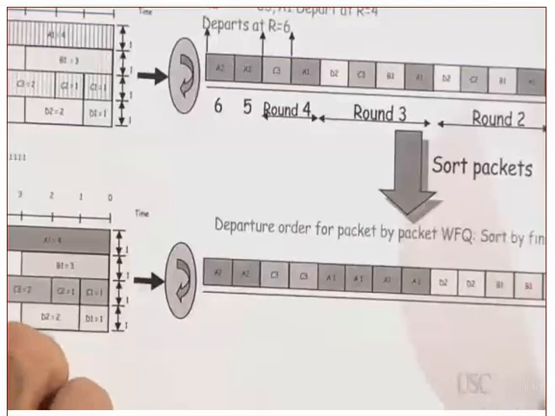The first one is buffer partitioning. What do I have? A physical buffer, but I'm going to partition it into n pieces, each for one flow. So they are sharing the same physical buffer, but I partition it into separate places. And the other type is that they are sharing the buffer, which means there is no partitioning here. Clear?